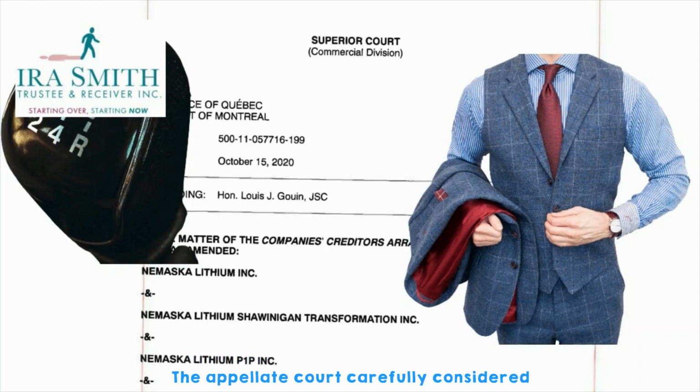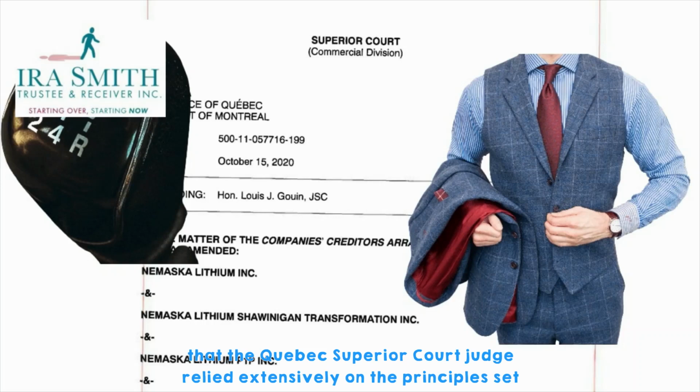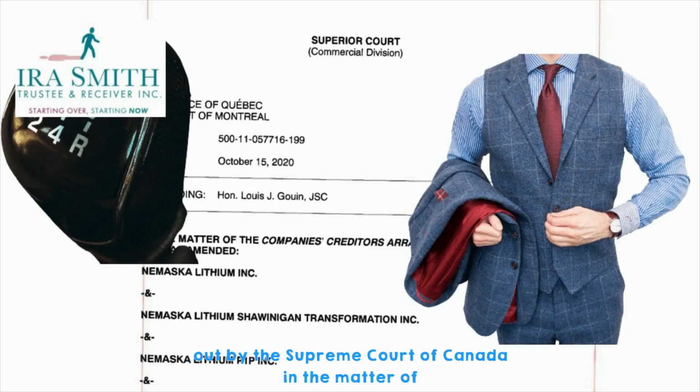The appellate court carefully considered the judge's decision-making process, and particularly that the Quebec Superior Court judge relied extensively on the principles set out by the Supreme Court of Canada in the matter of 9354-9186 Quebec Inc. v. Callidus Capital Corp., namely the development of CCAA proceedings and the role of the CCAA supervising judge, remedial objectives of Canadian insolvency laws to provide timely, efficient, and impartial resolution of a debtor's insolvency, secure fair and equitable treatment